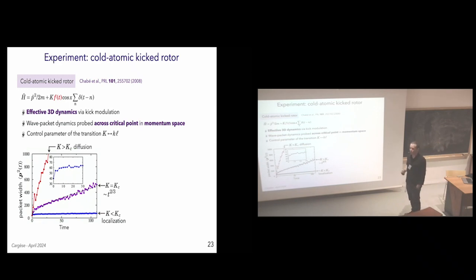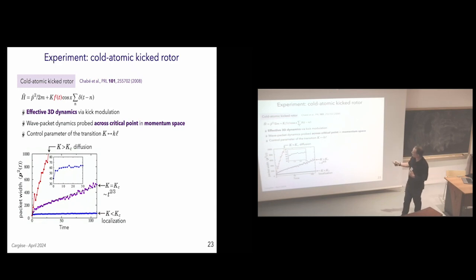So the first thorough description of the Anderson transition with cold atoms was performed in 2008. At the time it was the group of Jean-Claude Garreau at the PhLAM Laboratory in Lille. Again, they did not use a real spatial disorder. They used this quantum kicked rotor model. Actually, they used a 3-dimensional version of it, which I will not detail, but roughly it consists in modulating cleverly in time the strength of the kick. Then you can achieve an effective 3D dynamics.